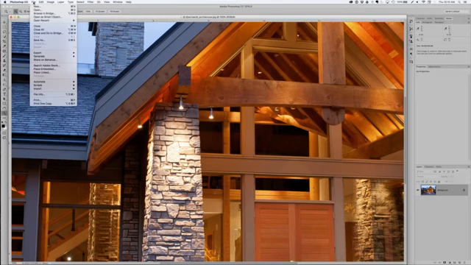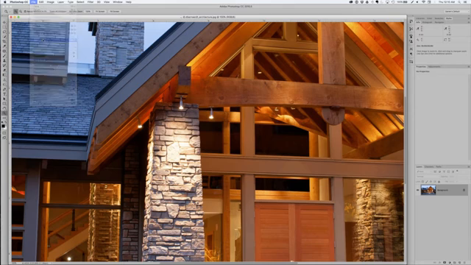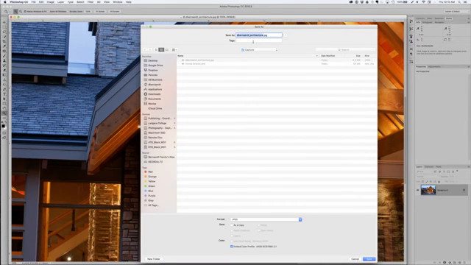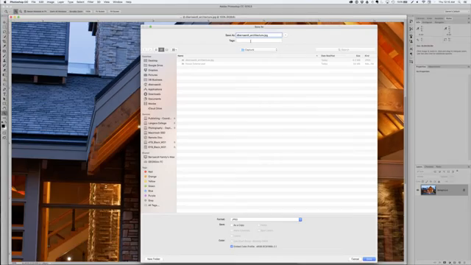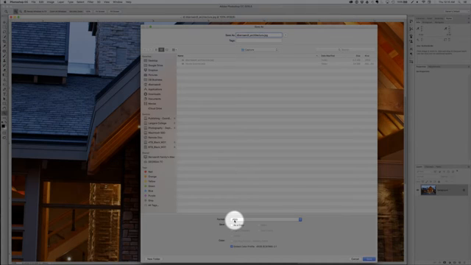If it's ready to go, go to the File menu, Save As, and name the image with first initial, last name, underscore, assignment name. Down at the bottom of this drop-down menu, right here, you can choose JPEG, which is the format we want to use to submit the images so that there's some compression and we save on file size. Click Save